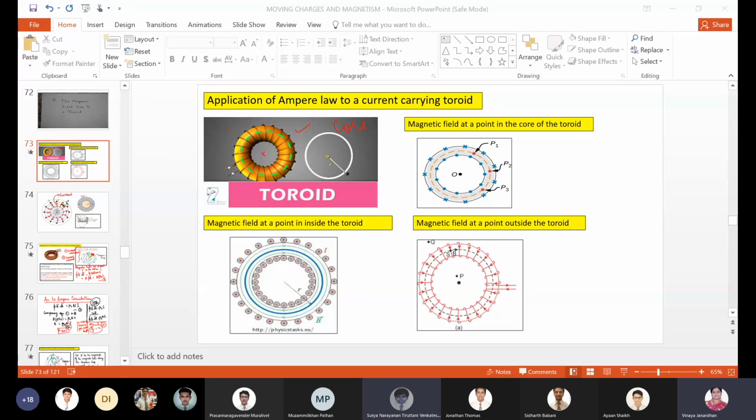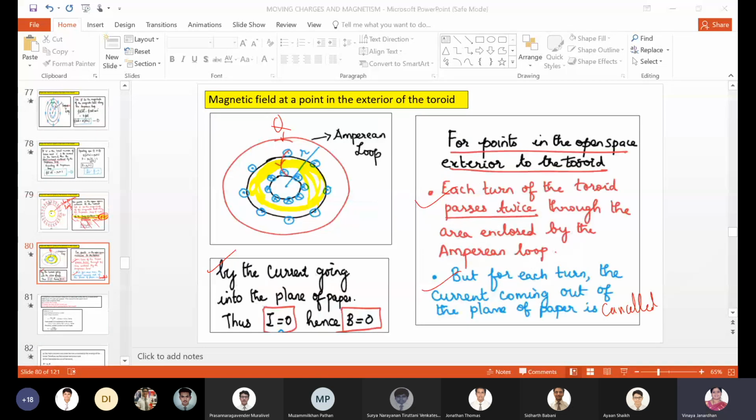That's what you're watching. Um, no, ma'am, I can see applications of Ampere now to a circuit, to a current carrying toroid. Is that everyone are watching that? Because I'm just right now I'm showing magnetic field at a point in the exterior of the toroid. Is that what you are watching? No, ma'am. What? It's No, not that. ma'am. Okay, one second. I have to reshare. Oh, no, now you can see. Yes. Am I showing that? Sorry, displaying magnetic field at a point in the exterior of the toroid? Is that so, boys? Yes, Yes, ma'am.